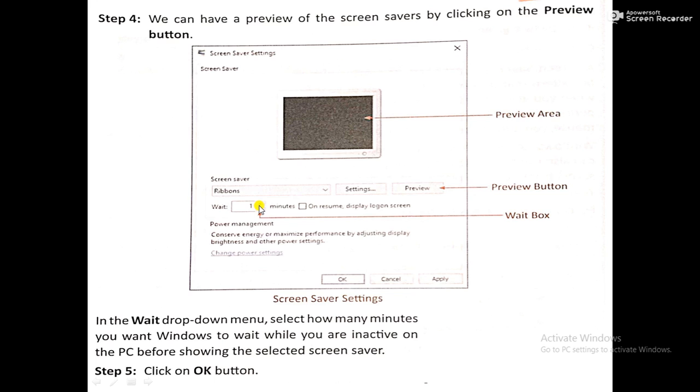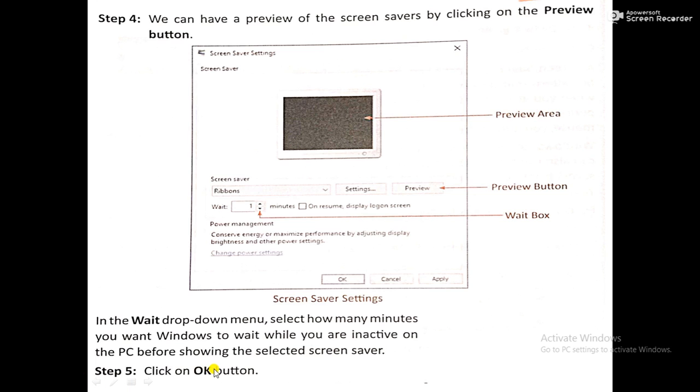If you do not touch your mouse, keyboard or your PC until that time, your screensaver will move on the screen. So from this wait box, you can give the time.